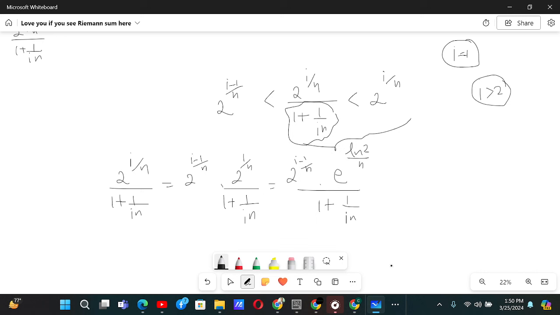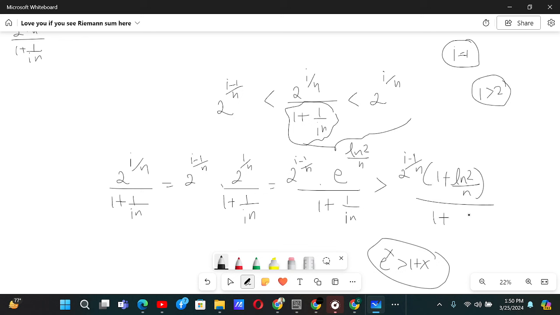Now there's an inequality involving e: e to the power x is greater than 1 + x if x is positive. So using this, it is greater than 2 to the power (i-1)/n times (1 + (ln 2)/n) divided by (1 + 1/(i n)). Now for this to be greater than 2 to the power (i-1)/n, basically this thing over here needs to be positive, and for that